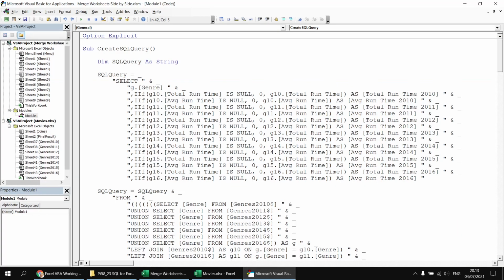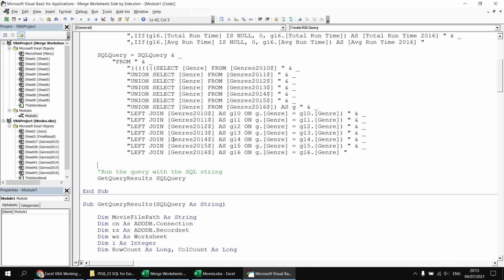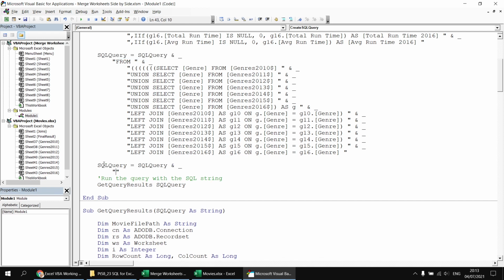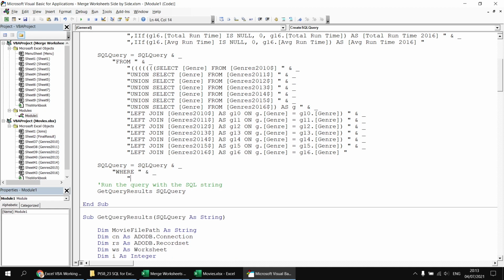So let's head back to the Visual Basic Editor and scroll down to the end of our extremely long query at this point. And then I think I'm just going to copy and paste the SQL query equals SQL query and continuation character. Paste that in at the end. And then we can add a where clause. And let's put this on the next line as well. So let's have another continuation character. And then I'm going to say where